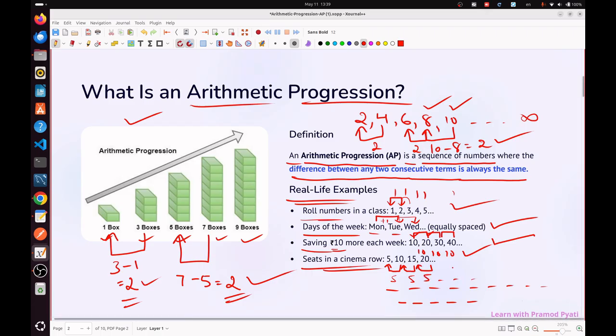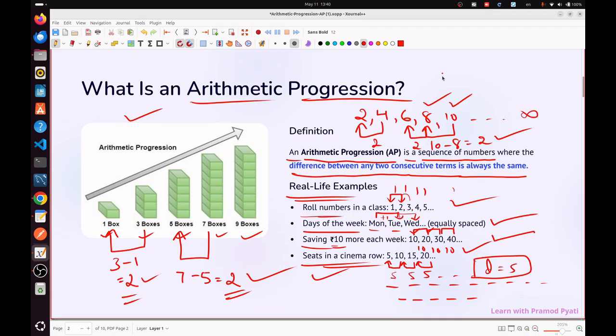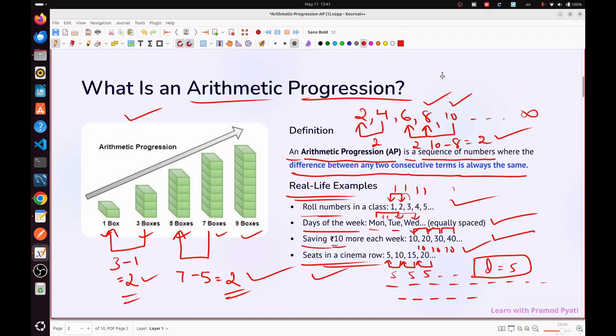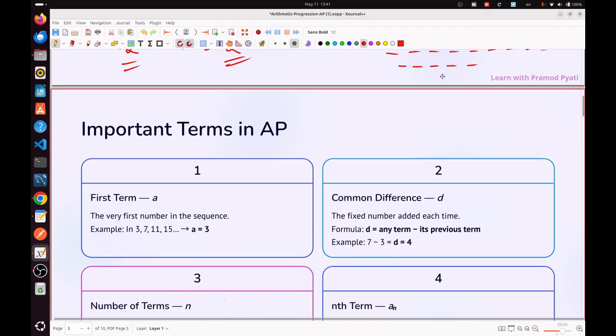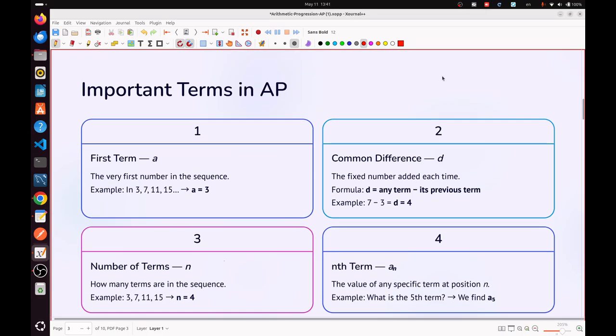And the common difference here is also the same, that is 5. So this is also an arithmetic progression. In the upcoming video, part 2, I will show you how to solve easy to moderate problems. Okay,